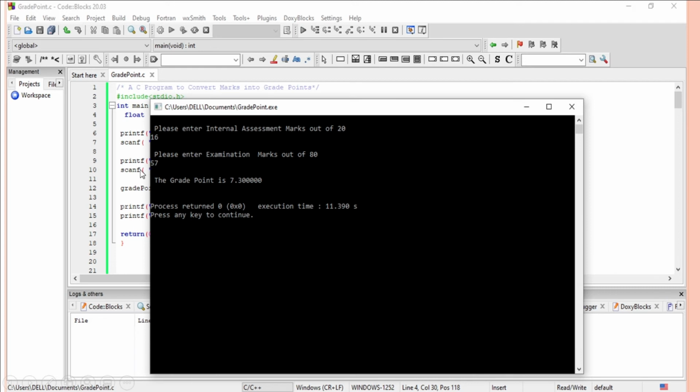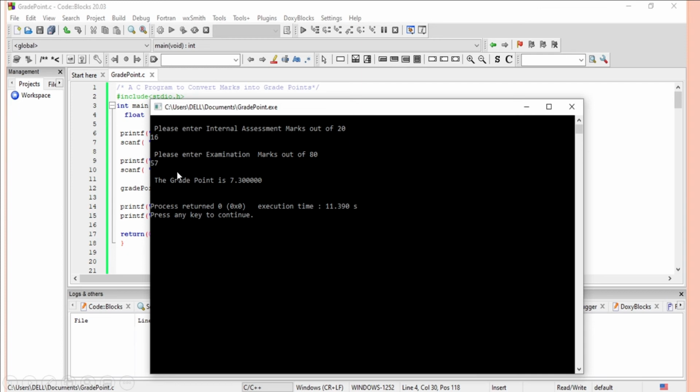Internally, the computer has calculated the grade point, and because of this printf statement, the grade point is 7.3, a float value, so these zeros are appearing. The grade point is 7.3. This value is printed to the user: you have entered 16 marks as assessment, 57 marks as examination, so the grade point is 7.3.